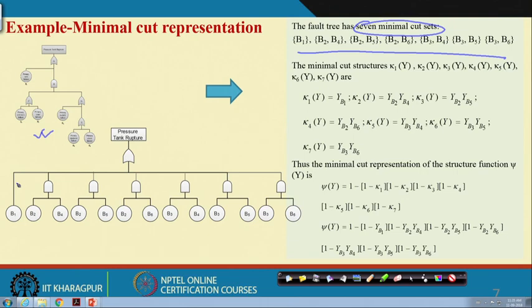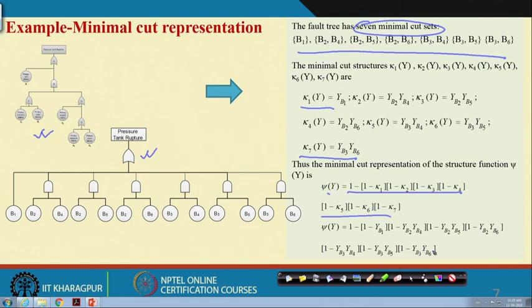Okay. So, that means 7 structure functions for AND gates K1 to K7, and all those 7 structure functions are linked with an OR gate. Use this formula, and then finally you get this, and then again go to the lowest level, if required. Just check whether in the product term there are repeated events.